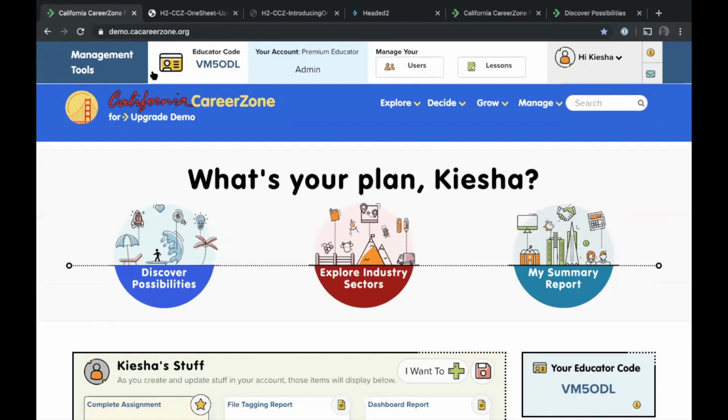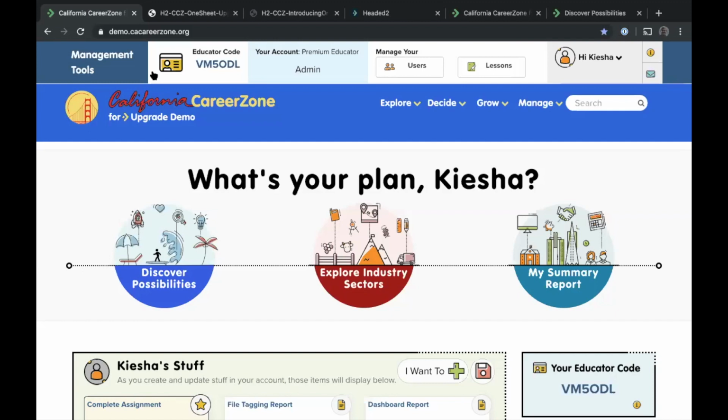One of the really cool things that you can do inside of an upgrade is you can pull in local profiles for companies and community organizations, et cetera, to promote to your individual students. And why would you do something like that? Well, if you're in CTE or you're trying to get students involved in work-based learning, or you just want students to know what sorts of opportunities are near to your school or district,